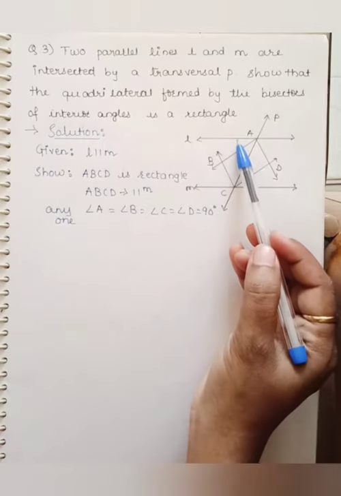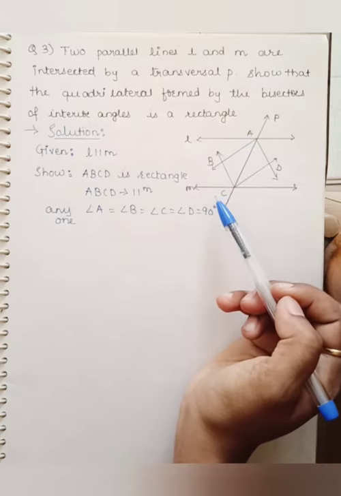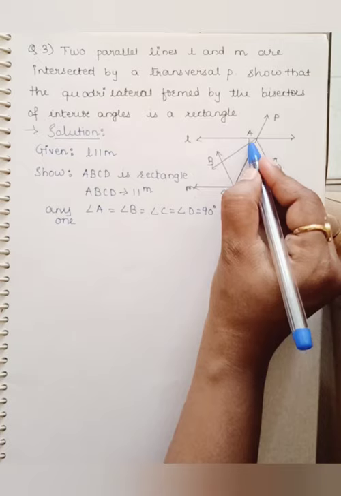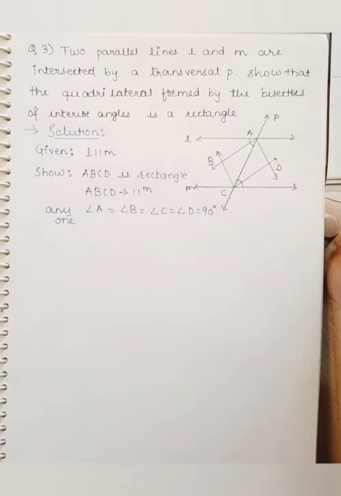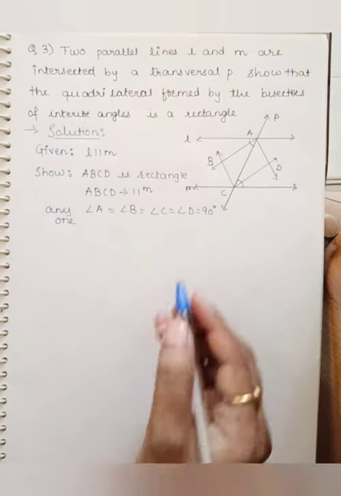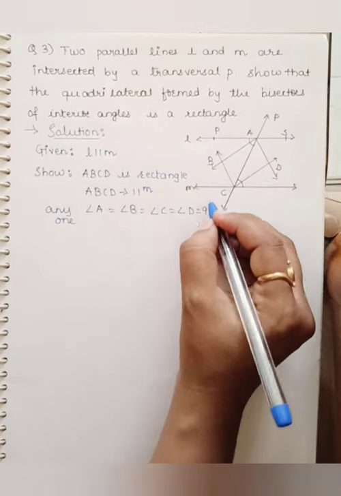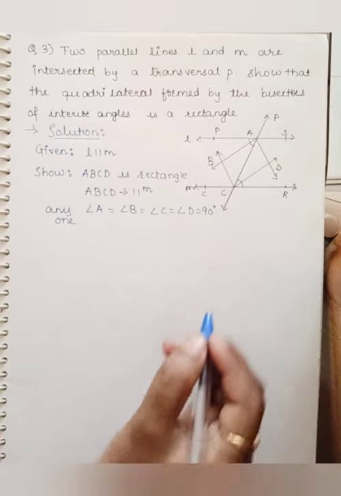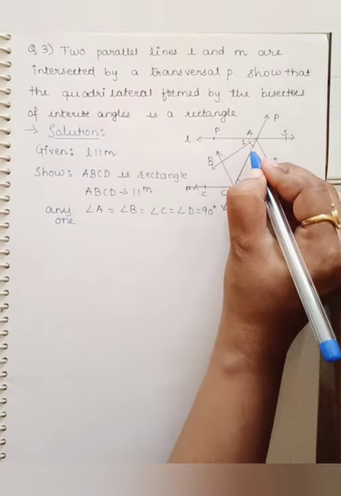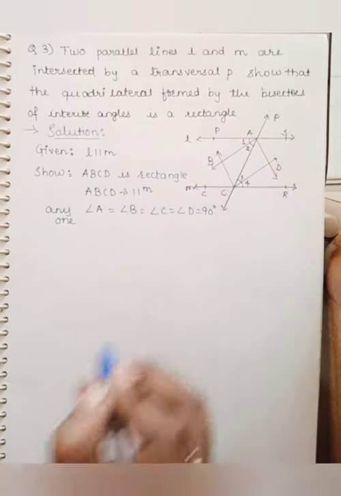I do have the information that L is parallel to M, isn't it? So if L is parallel to M, does it mean this complete angle is equal to this complete angle? Yes. Why? Because both are alternate interior angles, isn't it? So let us take one point here so that we can name that angle. Sorry, C and R. See what you can do, or else let us name this as angle 1, this as angle 2, whereas this is angle 3 and this is angle 4.